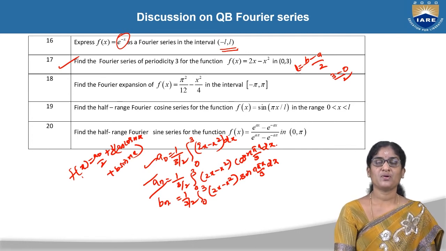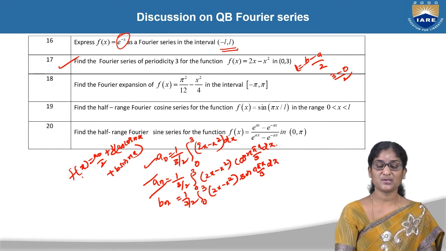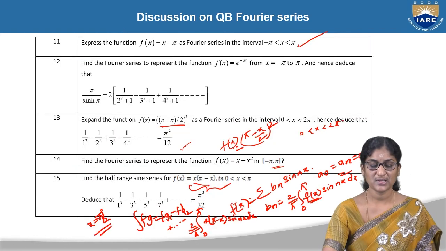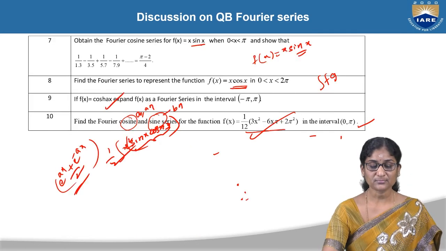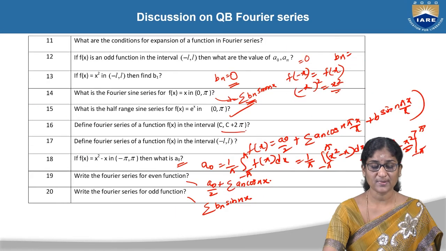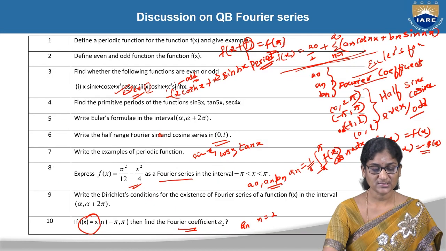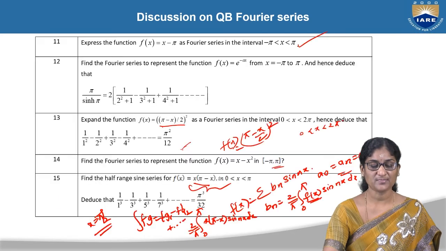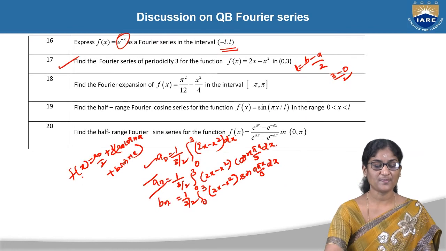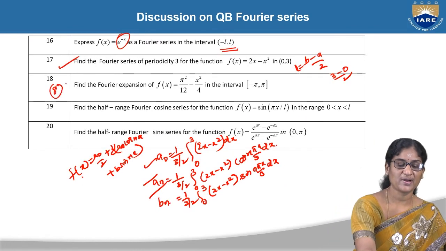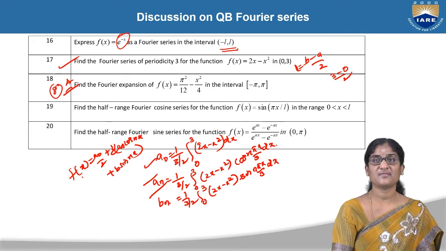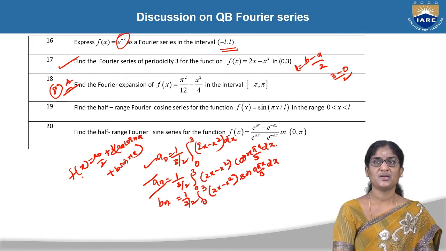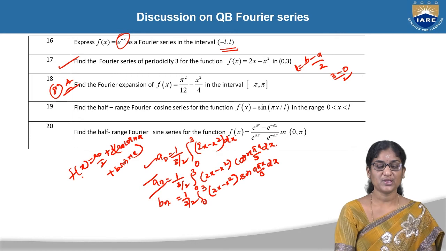Now going to the 18th question, find the Fourier expansion of f of x is equal to pi square by 12 minus x square by 4 in the interval. This question is already done in the previous cases, pi square by 12 in the previous case. So use the same. See, the 8th question in part A we have done the same question. So here also we have to apply the same 8th question from part A. We can refer to the 8th question from part A and find out the Euler's integrals